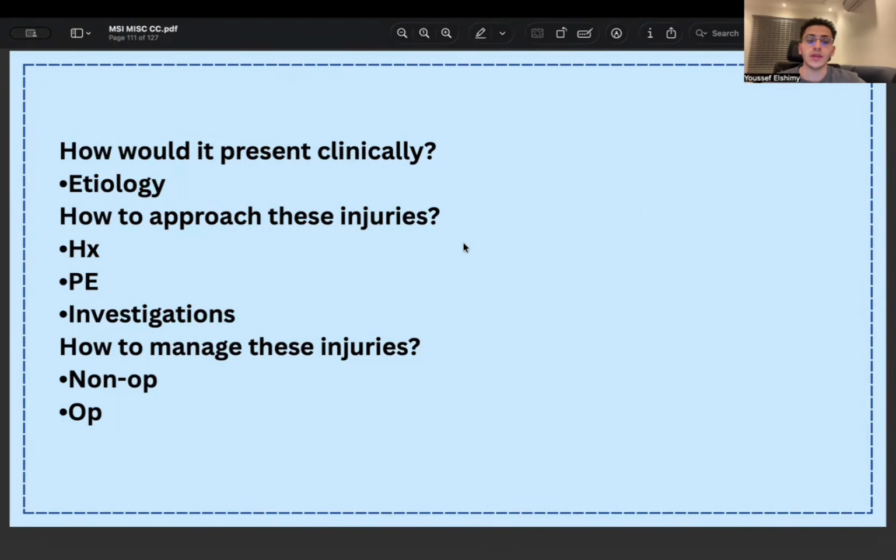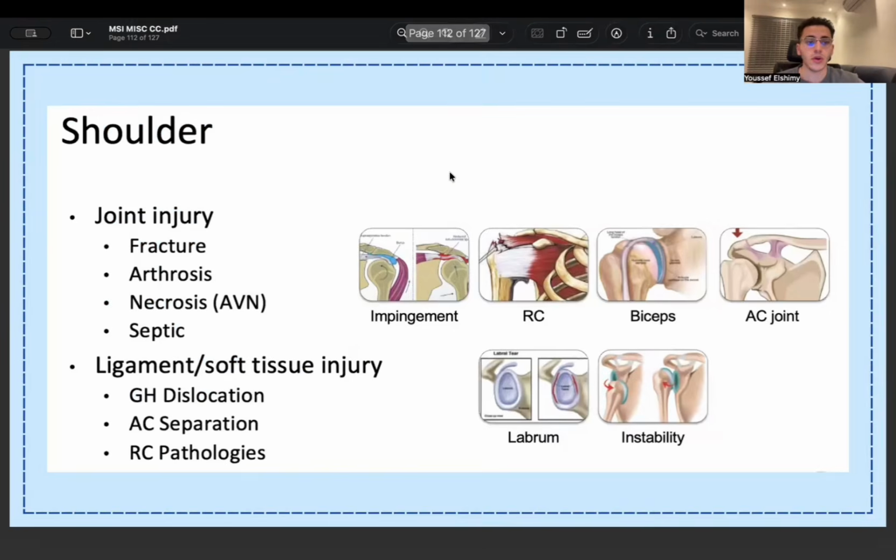So how would it present clinically? If a patient has a joint problem, how would they present clinically? Depending on the etiology, it could be a traumatic etiology, it could be inflammation, it could be tumor, it could be infectious. So depending on the etiology, the patient would present clinically. And how do we approach these injuries? The usual, the same thing. We start with history taking, physical examination, then we confirm our diagnosis by doing investigations. And how do we manage? Also the same. We have the non-operative and the operative treatment. Okay, let's start with